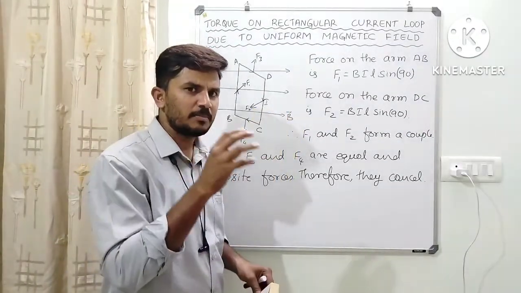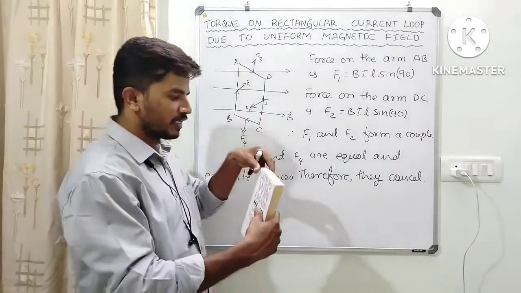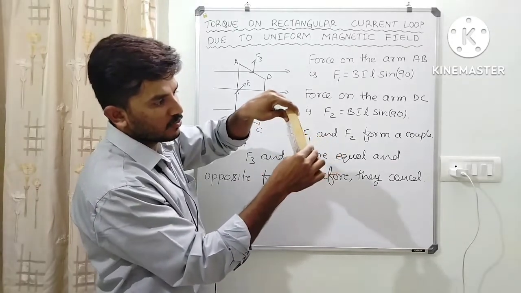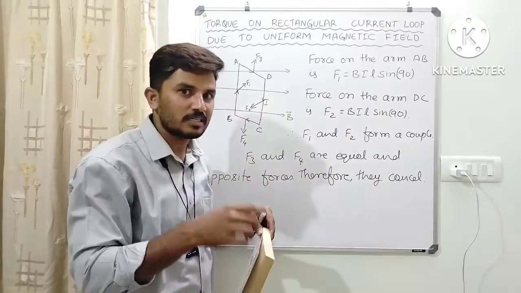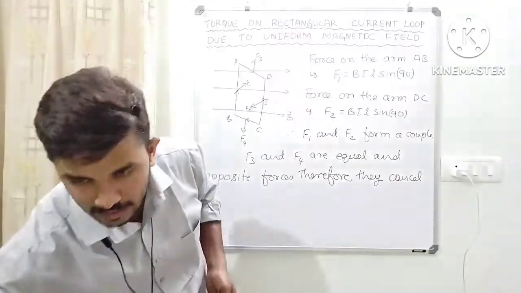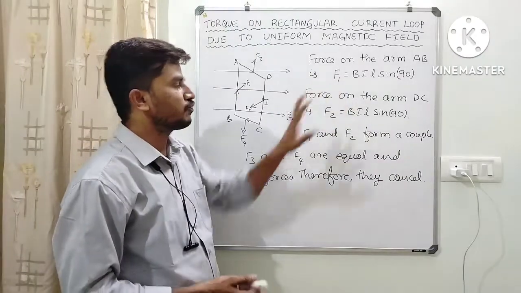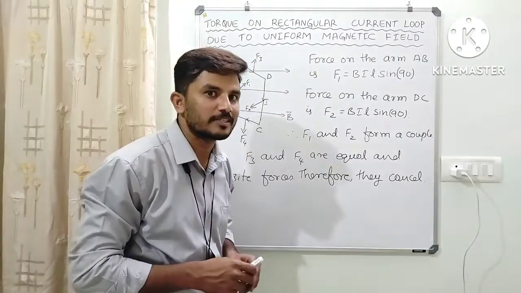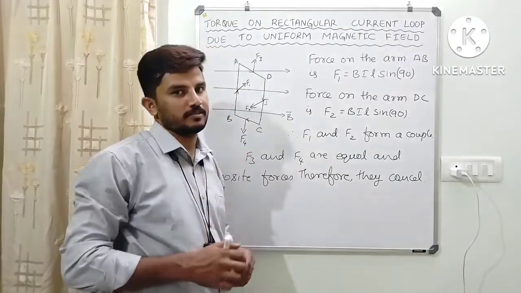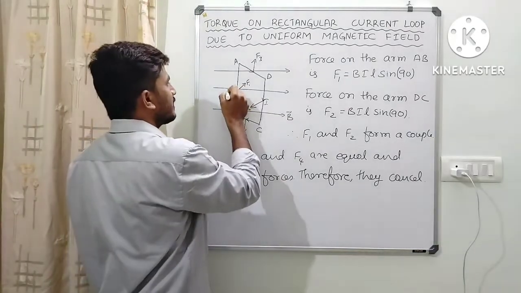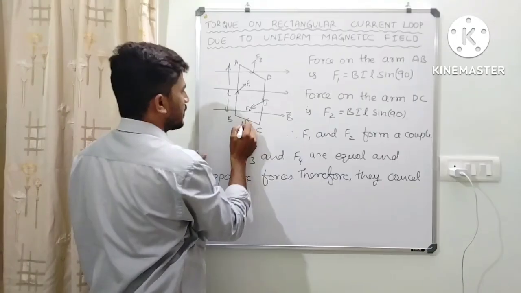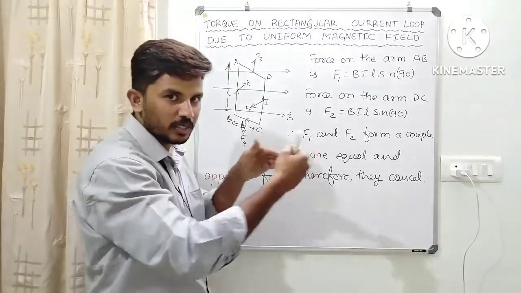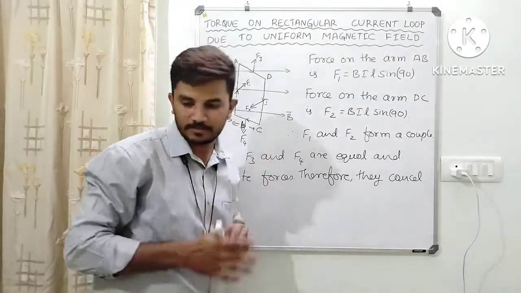Now let me fix this side, which one? AD. Let us fix A and let us consider D is rotating like this. So can I consider torque? For that torque, I can make use of any of these two forces. That force into perpendicular distance gives you the torque. Here, if I consider the length is L and breadth is small b, length is L, breadth is b, when it rotates, what will be the case?